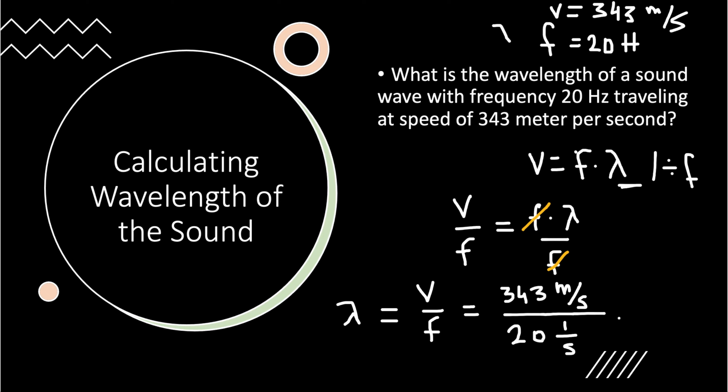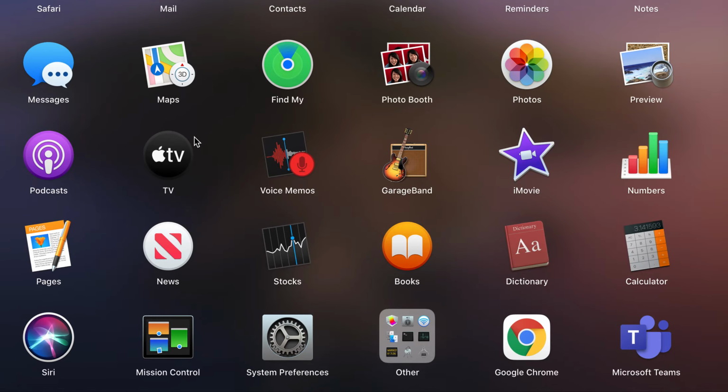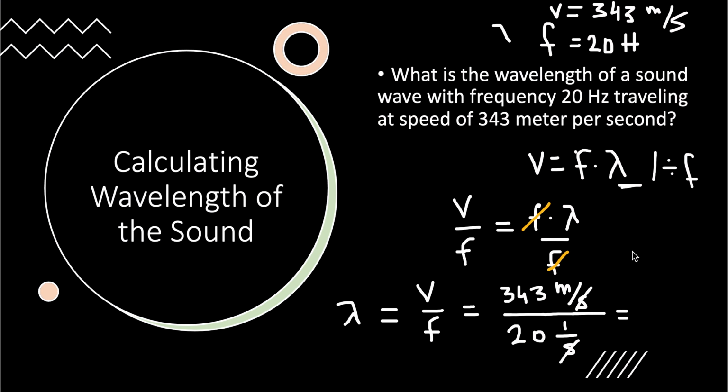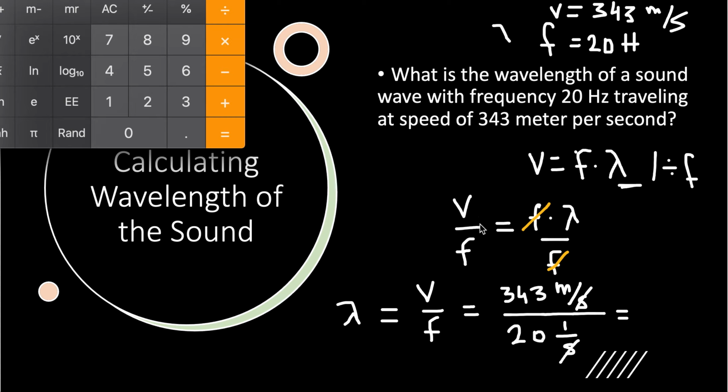And what do we get here? Second with second we can simplify, because 1 Hz is equal to 1 over second in units. What remains here is 343